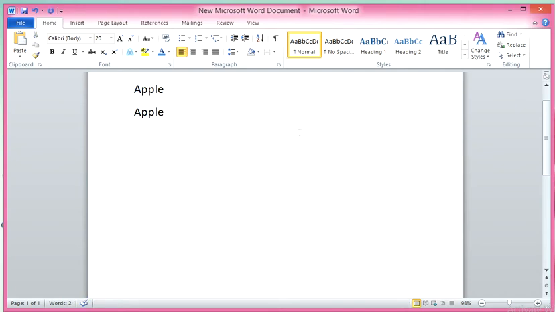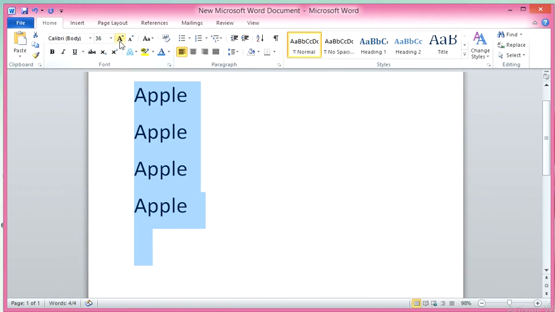I have pasted it. So here you can see 4 apples displaying. If I ask what is the difference between the writing methods, there is no difference. Colors are the same, size is the same, and font is also the same.